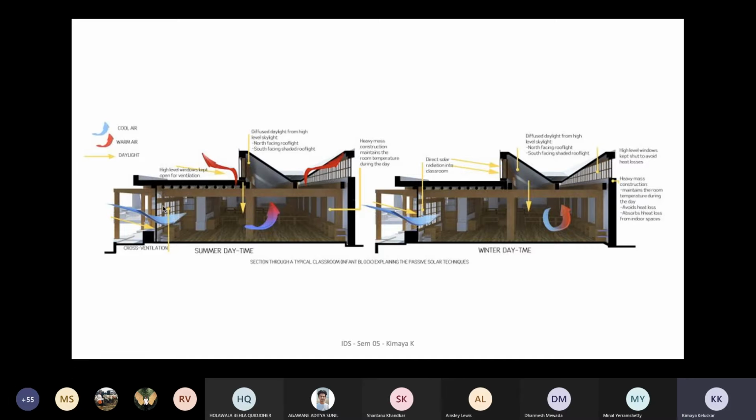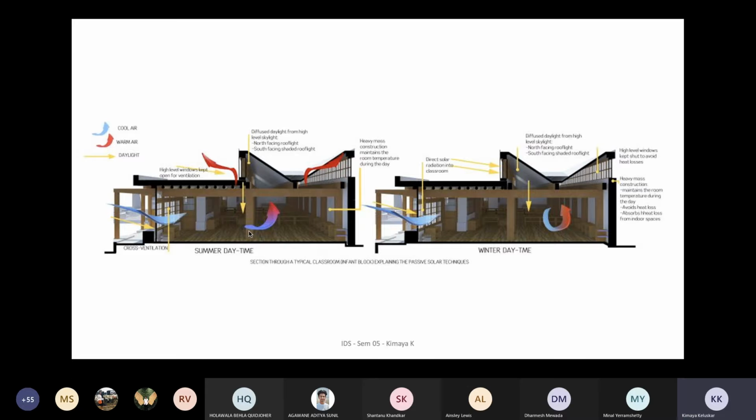So then you maximize on the daylighting as well. You have these kinds of clerestories when you have this kind of a butterfly roof, and you create clerestory windows which can get in the daylight. And by the time it reaches your classrooms, it is much more diffused, and it's not direct harsh sunlight which gives you a certain kind of glare.